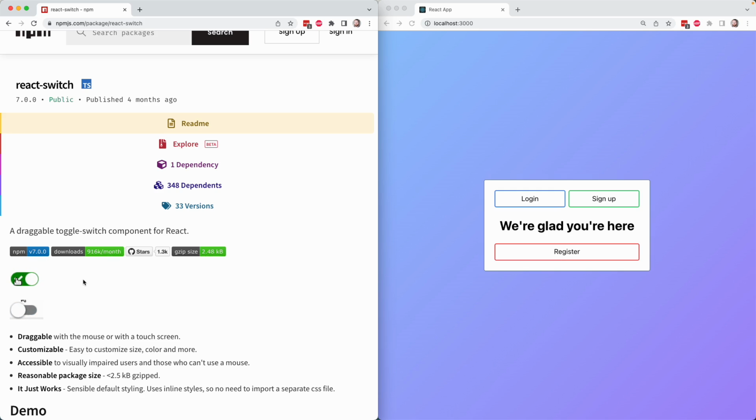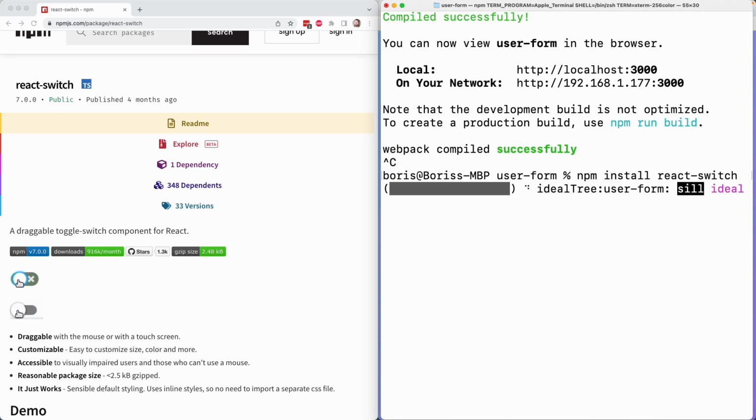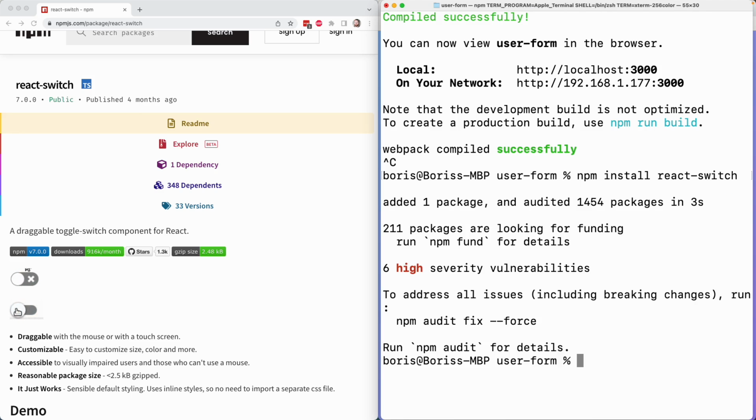So I'm going to bring up my terminal where our React user form project should be running. I'm going to shut down the project using Control-C, and then I'm going to use npm install to add a dependency, and this project is called React-Switch. We'll press enter to start the installation process, and once that all completes, we can restart our React dev server with npm run start,